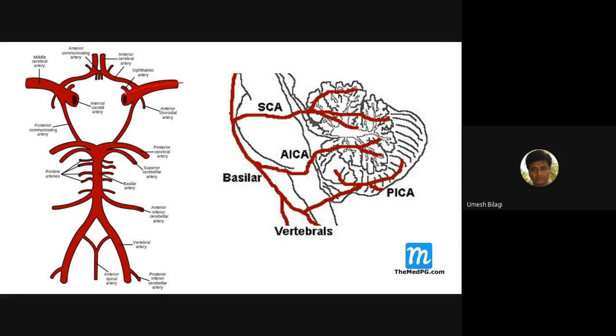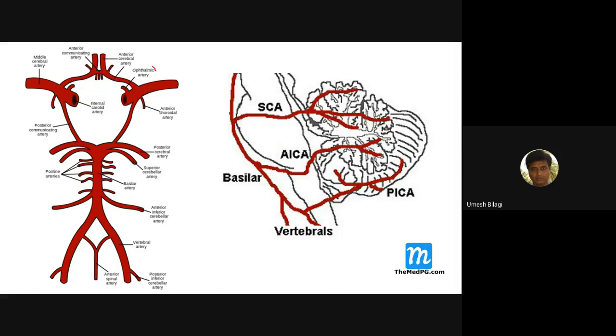Now there is an anterior circulation here. These are internal carotid arteries. And internal carotid artery will throw a posterior communicating branch. It joins here. And this internal carotid artery also gives rise to anterior cerebral arteries. They come here. And in between the two anterior cerebral arteries, there is an anterior communicating artery. So there is a circle here. This circle is called circle of what? Willis. Yeah, good. So this is called circle of Willis.